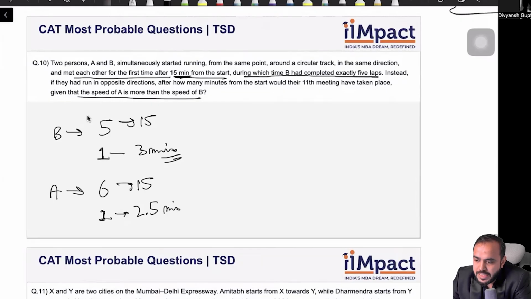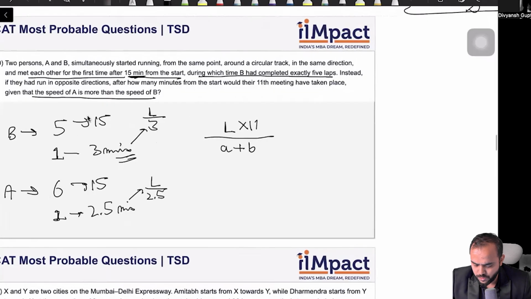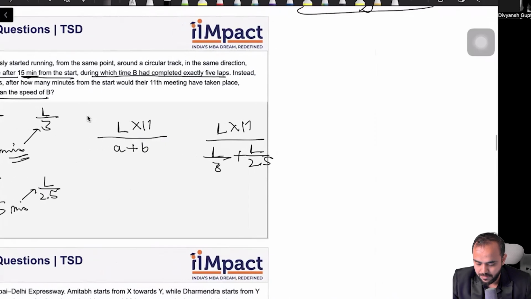Now, instead, if they had run in opposite directions, after how many minutes from the start would their 11th meeting have taken place? So the length of the track into 11 divided by their relative speed, if they were running in opposite directions, which is going to be A plus B. So B we are getting as L by 3 minutes, and A we are getting as L by 2.5 minutes. So we can just substitute that here. We'll get L into 11 divided by L by 3 plus L by 2.5, which is, once I cancel L, I'll get 11 divided by